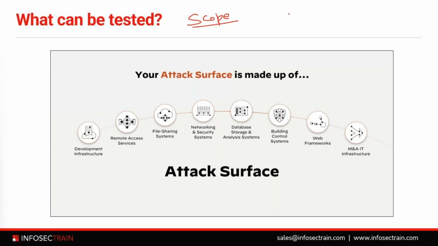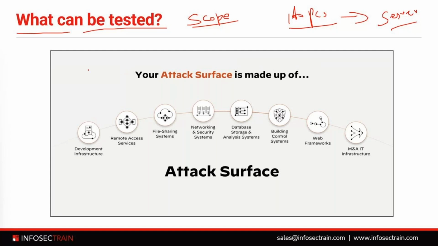Like there are 100 PCs in my organization. You have to test them, but using those PCs, you don't have to test the server which is there because it has critical data. Other, the second meaning of what can be tested means in cybersecurity, what things you are allowed to test,